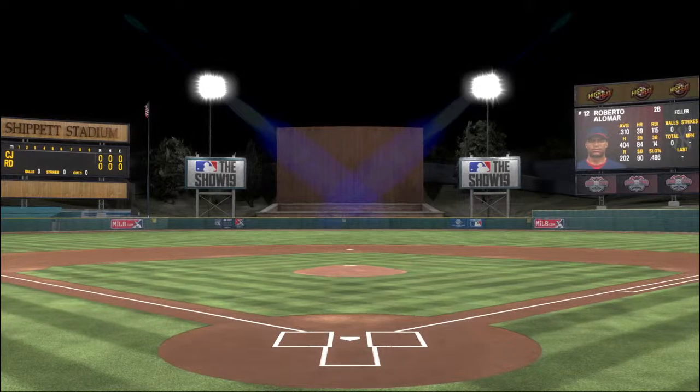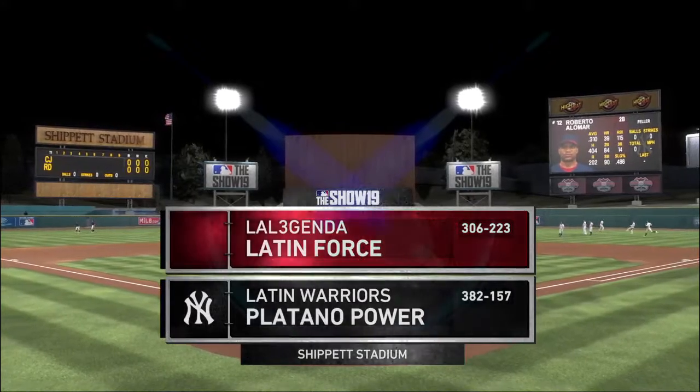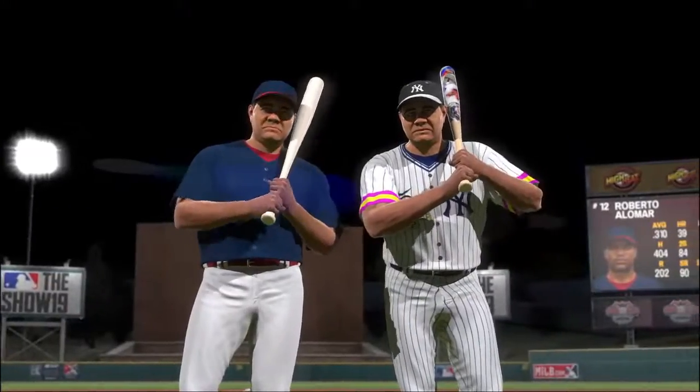We are under the lights as the show gets you ready for another edition of Major League Baseball. Tonight it's Diamond Dynasty Baseball between the 51s and the Bombers. It's going to be a premier pitching matchup. Two of the